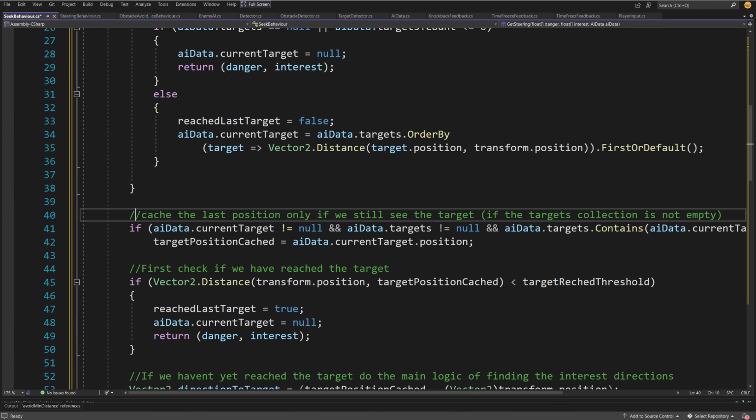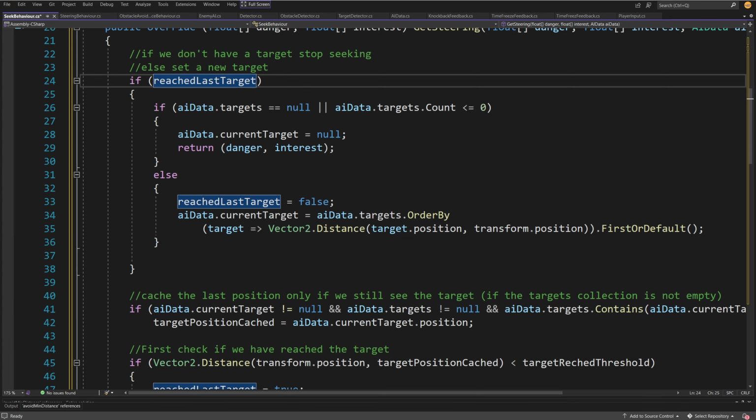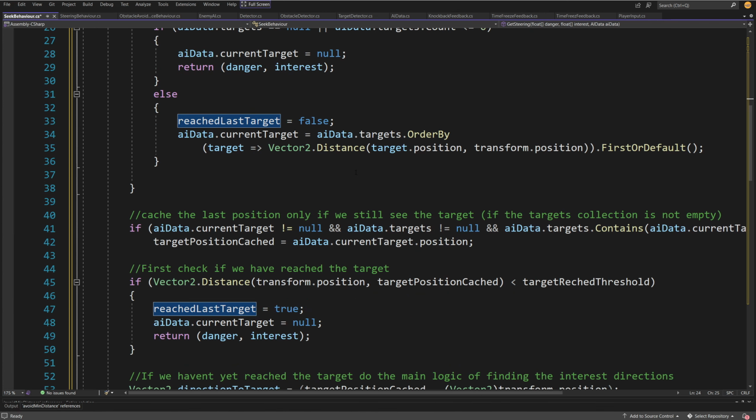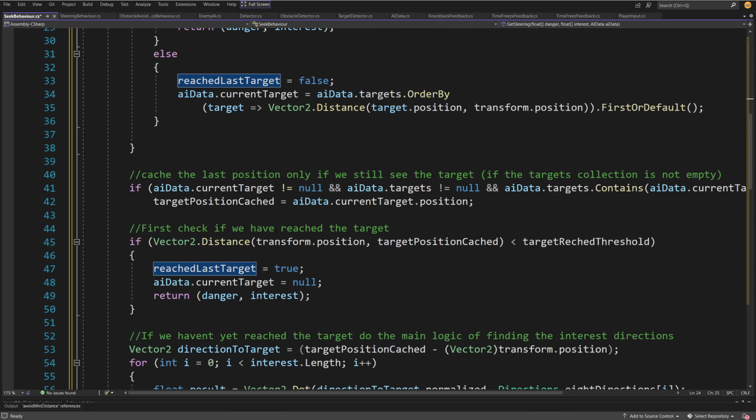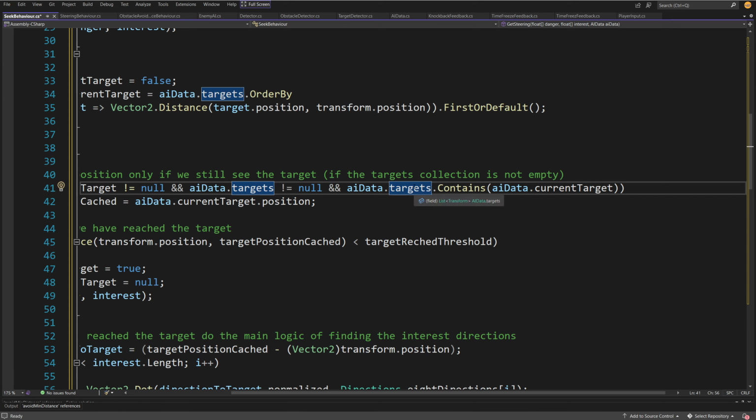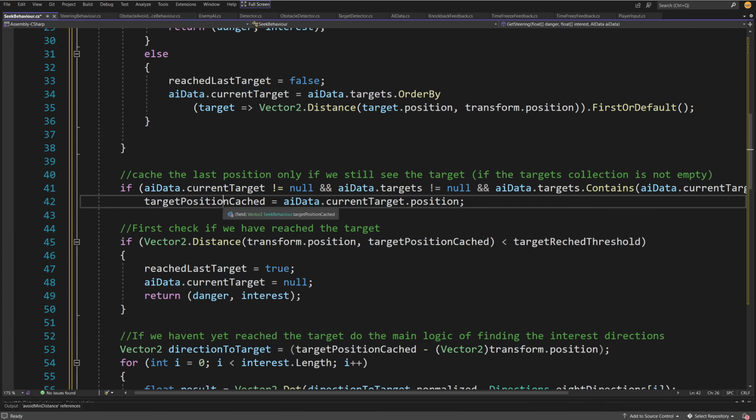So next, we want to cache the last position only if we still see the target. So we are going to do again the calculation, because based on this reachedLastTarget, this code might not have run. We have this reachedLastTarget equals false. So if we can still see the player, so if currentTarget is not null and aiData.targets is not null, and if aiData.targets contains the current target, so basically if we still see the player and the player is currently the target that we are pursuing. In that case, we want to cache the position of the target, so of our player, so that we want to save aiData